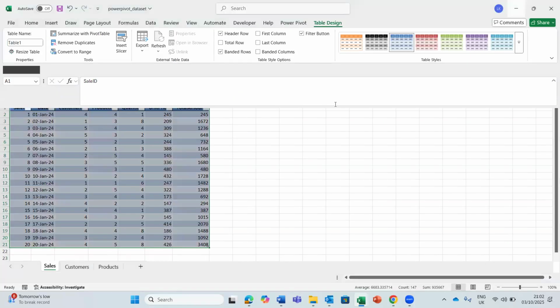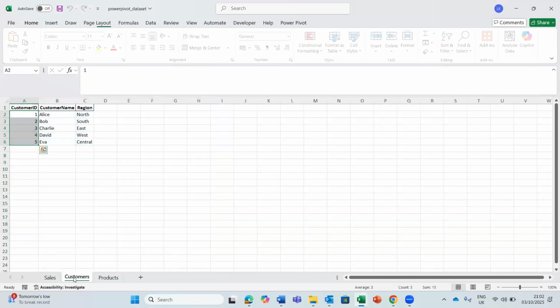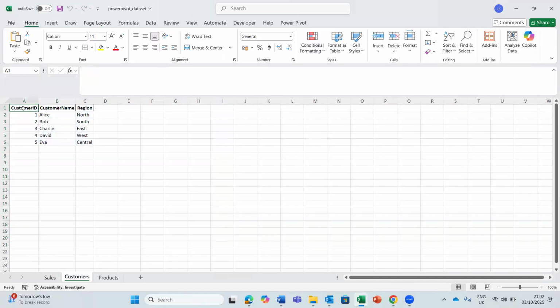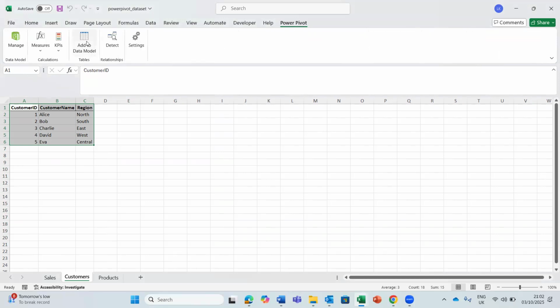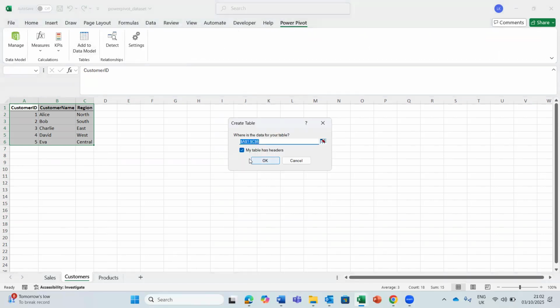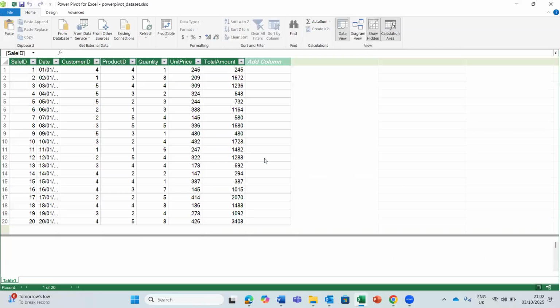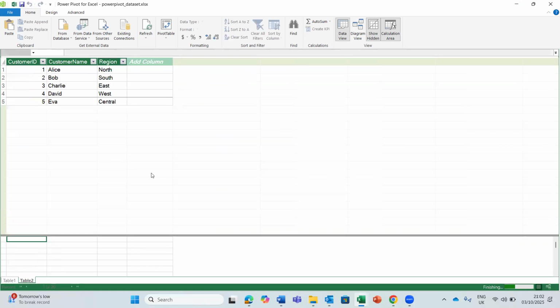Then I'll minimize and go again to customers. Under these customers, I'll select the data range and then go to Power Pivot and then do again Add to Data Model. Yes, my table has headers. Okay. Wait for it to process. Yes, we have Table 2. And then